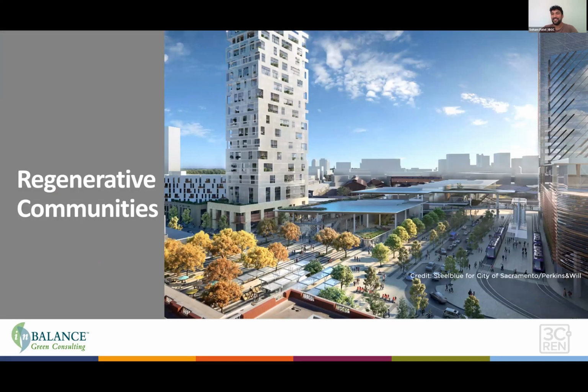We also want to acknowledge that regenerative thinking expands the scope to communities. It's interested in the community scale just because it doesn't only require something with relationship between buildings, but also buildings to people in the area, as well as the local ecosystem. Particularly, it's interested in making sure that all of these environmental benefits that we're producing with our buildings are equitably accessed by everyone. That as we add more net zero or sustainable buildings, that all communities can benefit from these